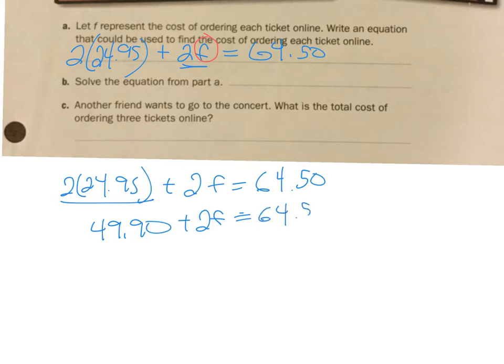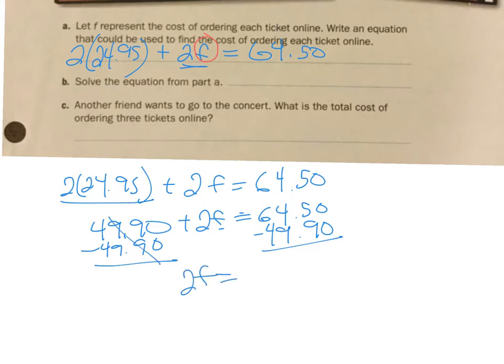And I'm showing my work, showing the steps I do. I want to get rid of this $49.90 because I'm still trying to get this F all alone. So I'm going to subtract $49.90 from here, and I'm going to subtract $49.90 from here. Those cancel, so it leaves me with 2F equals